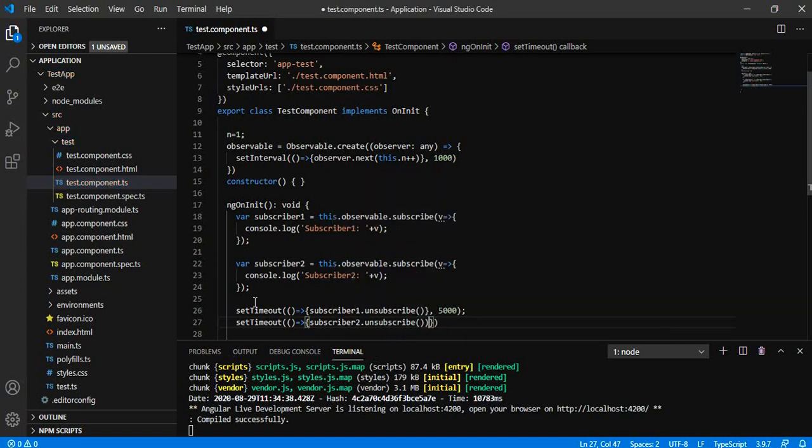Let me unsubscribe this first subscriber after 5 seconds, and unsubscribe the second subscriber after 10 seconds.